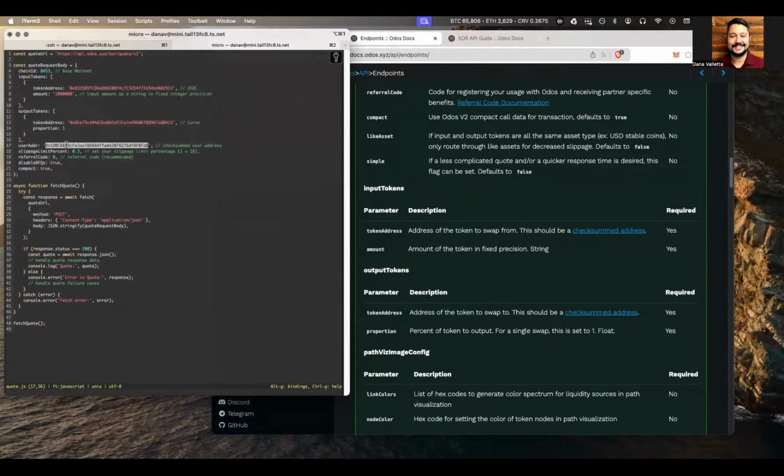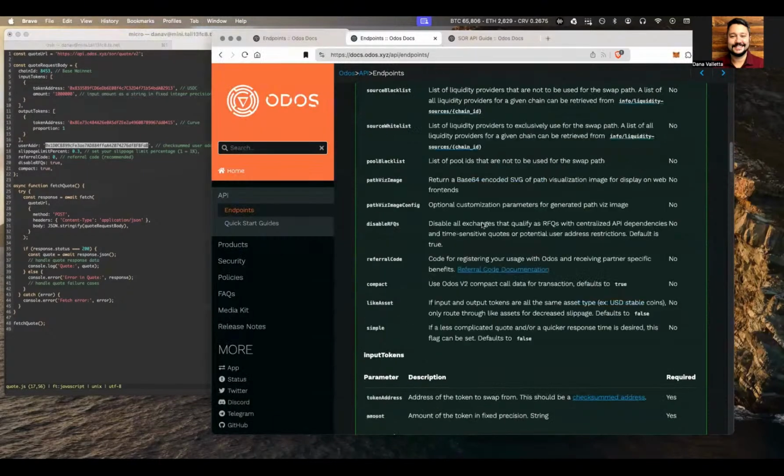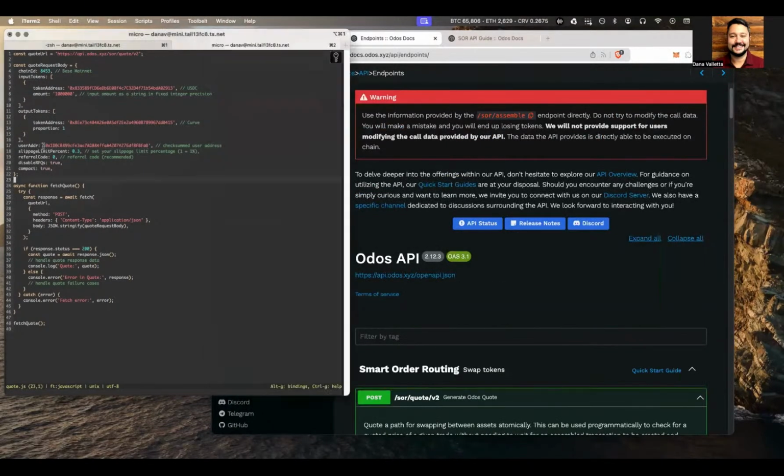The user address is, in most cases, the sender. However, you do have the option of delegating the recipient to another address, and you could do that right here.